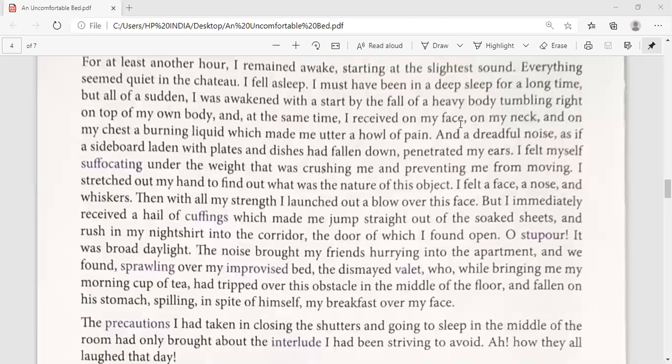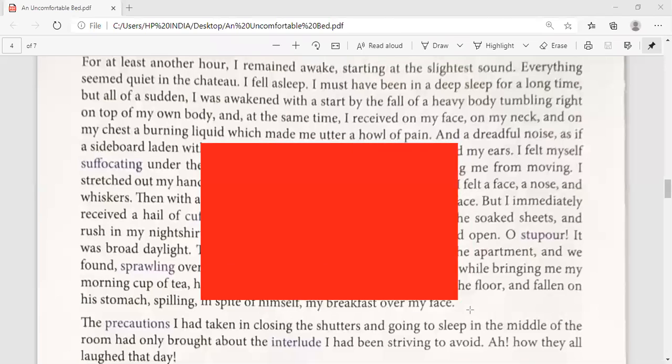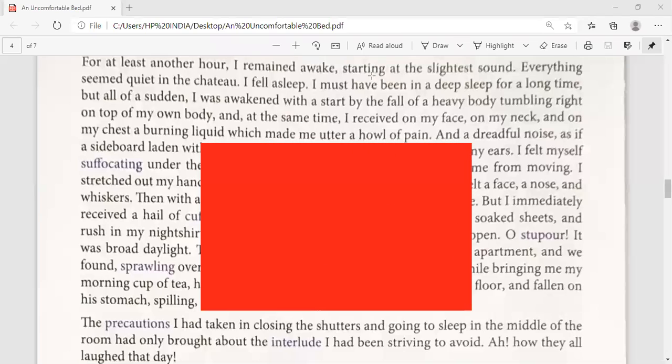Do you know the meaning of whiskers? Anyone? What is whisker? Ekansh. Ekansh, do you know the meaning of whisker, beta? Okay, Disha. Disha, do you know? Ma'am, no. Okay, Disha also doesn't know. Okay, let me make something and then you have to guess it. Okay, let me make something. Wait, wait.